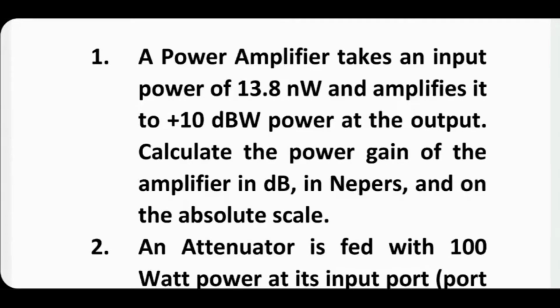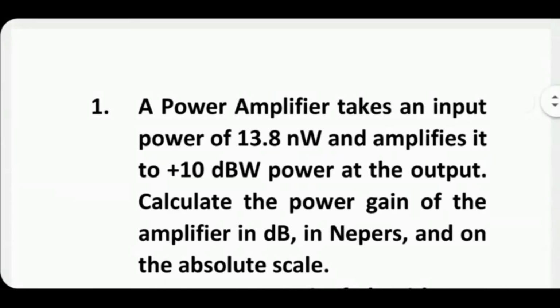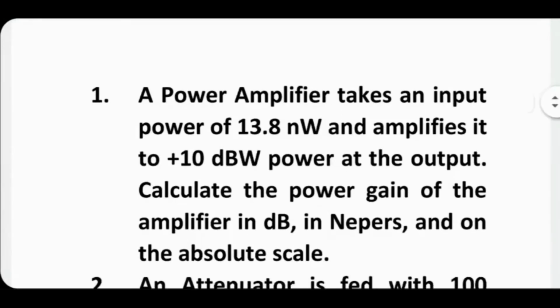There's more than one method, by the way, to solve this, but you can try whichever way you want to do it. Since input power is given in absolute value, you can maybe convert the output power in absolute value and simply divide the output power by input power to get the gain on absolute scale. That can be one method. And once you get the gain on absolute scale, do 10 log operation on that gain to get the gain in dB. And once you get dB value, you know how to convert to Nepers.